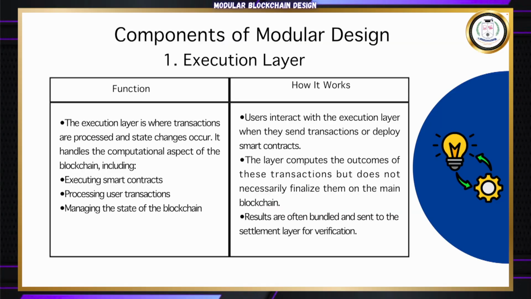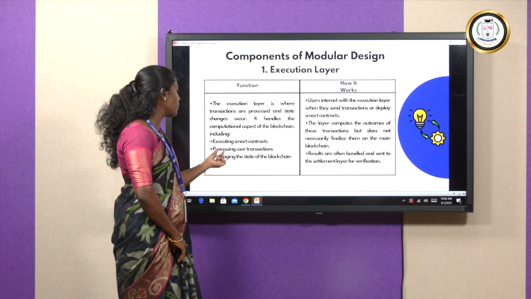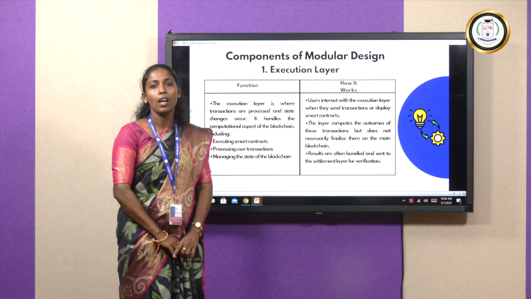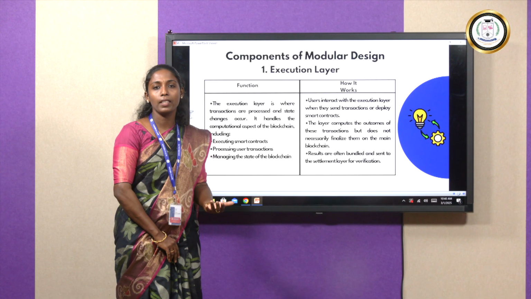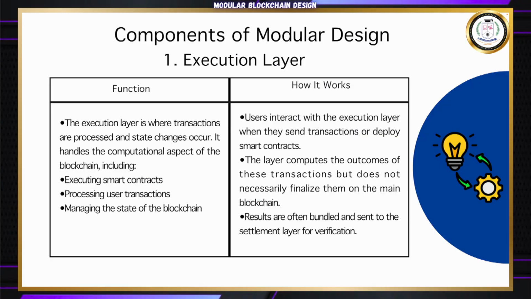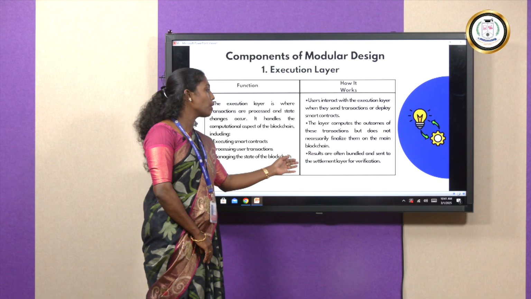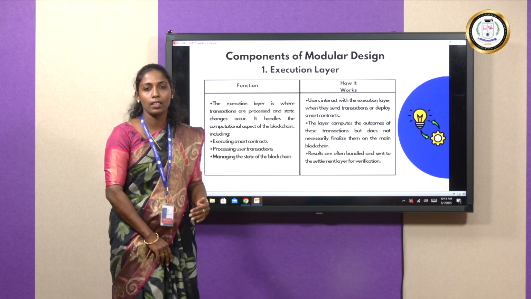The first component under the modular design is the execution layer. The execution layer is responsible for processing the user transactions, and it also executes the smart contracts. Once the transaction has been made by the user, it is deployed with the help of smart contracts, and it also manages the state of the blockchain. The user interacts with the execution layer when they send transactions or deploy smart contracts in the network, and the results are bundled and sent to the next layer,